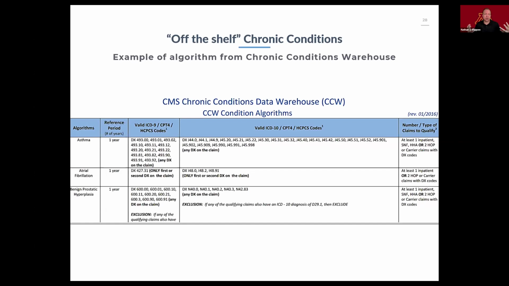So this is the kind of algorithmic set that is used for those CCW chronic condition and other disabling condition segments in the master beneficiary summary file. And I can't stress enough, they are already available in the MBSF. So unlike any of the other approaches that we're going to look at in just a second, these already exist for you in the Medicare data, and are, if I can editorialize a little bit, lower cost because they're part of the master beneficiary summary file, which is relatively affordable as data files go.